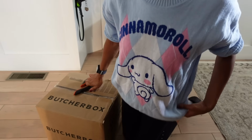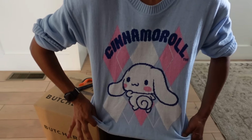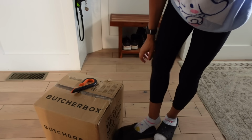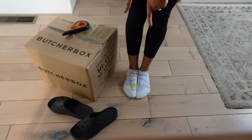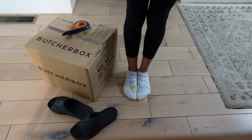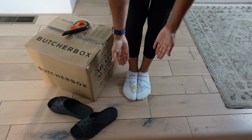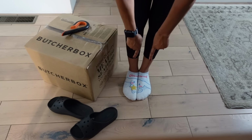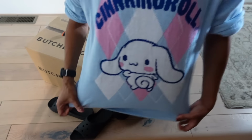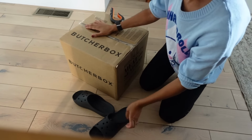By the way, I'm also like double cinnamon roll today because I want to get motivated to make cinnamon rolls. But also you have to see my socks. I'm so sorry. Look at the socks, but also they come together to be cinnamon roll. I'm obsessed with these socks. If they get holes in them, I don't know what I'm gonna do. Well, eventually I will, because I wear out socks. But are they not so cute? They're so cute. And you won't know I have cinnamon roll socks on unless I take my shoes off. But the sweater, please, how old am I? 47 who? Anyway,